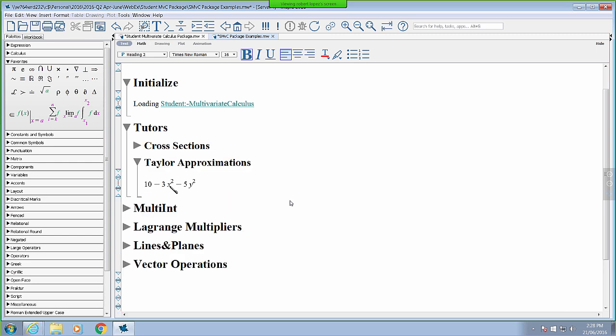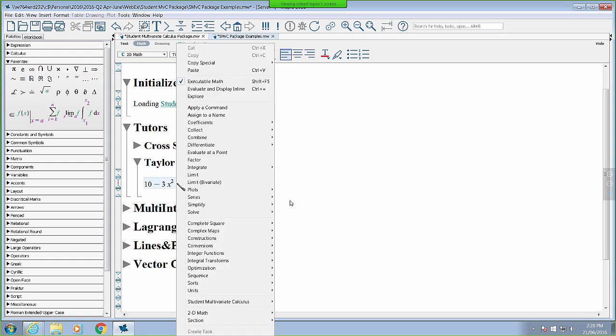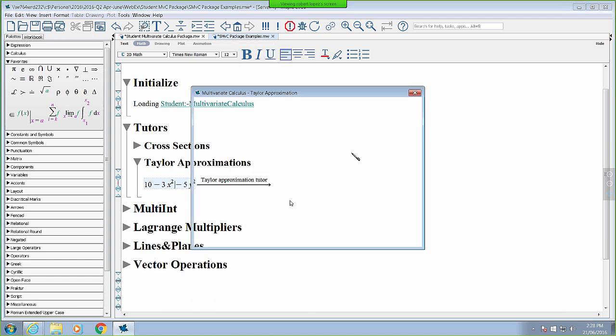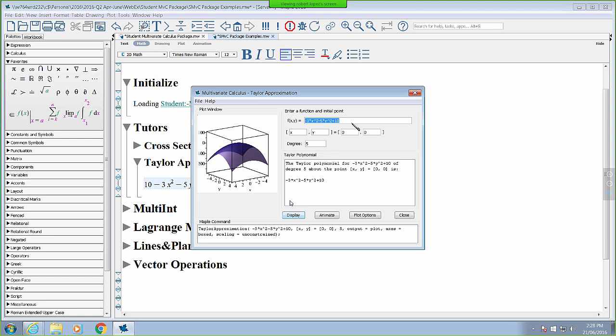Taylor approximation. So again, I have a function here, and I want to get Taylor polynomial approximations. So Student Multivariate Calculus, Tutors, Taylor Approximation Tutor, tutor launches. There is the expression. Default point of contact or point of expansion is 0, 0. Let's make that 1, 1. And rather than defaulting to a degree 5 polynomial, and I've only got a quadratic, I'm going to do a degree 1